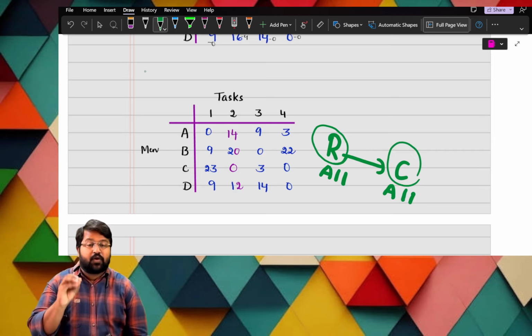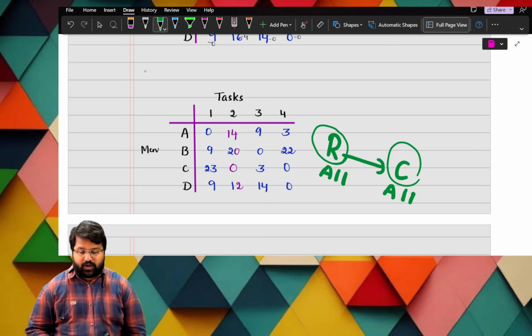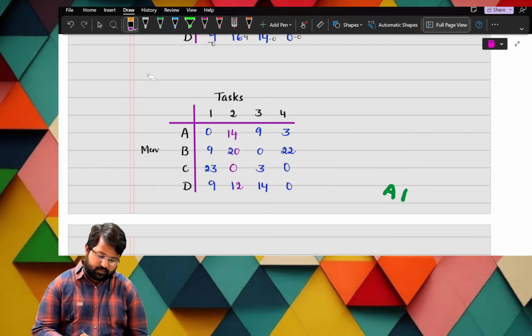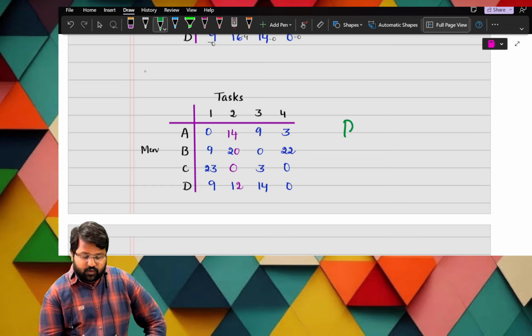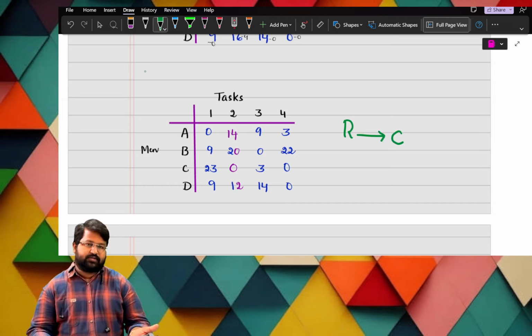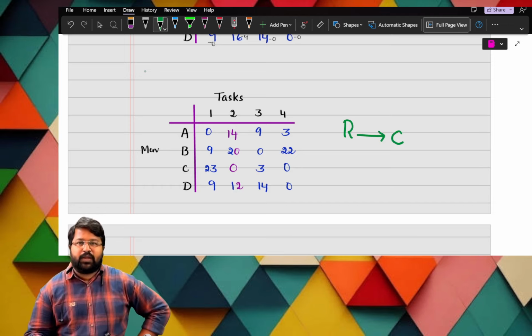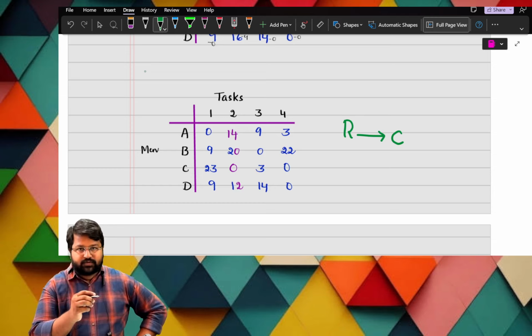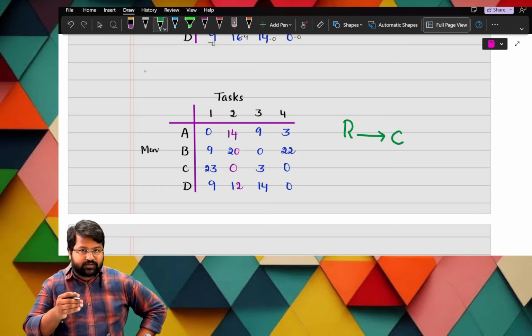So now you listen with the utmost care. This is the most important step. Okay, sir, what is that? Start with rows, end with columns. Sir, you please tell properly. You tell coolly, sir. I will tell coolly, you listen coolly. So first you need to check from the rows. After completion of all rows, go with the columns.